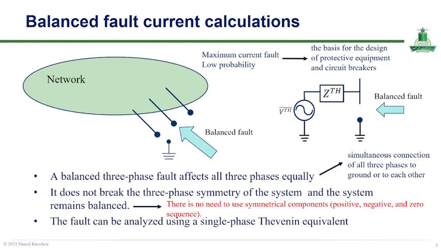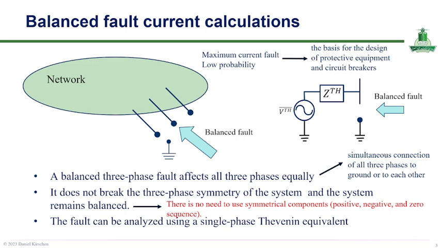All right. This slide introduces the concept of balanced fault current calculations in power systems. A balanced three-phase fault is a symmetrical fault that affects all three phases equally, meaning the system remains electrically balanced even during the fault conditions. Although such faults have a low probability of occurrence, they produce the maximum possible fault current, which makes them critically important for the design and rating of protective equipment such as circuit breakers, the fuses